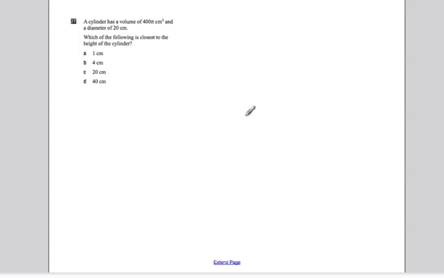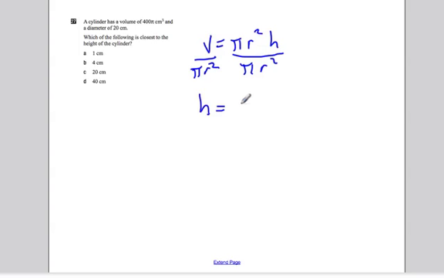A cylinder has a volume of 400 pi centimeters cubed and a diameter of 10 centimeters. Which of the following is the closest to the height of the cylinder? Well, if volume is equal to pi r squared times the height, and if we want to solve for the height, then we're going to divide both sides by pi r squared. So H is equal to volume over pi r squared,